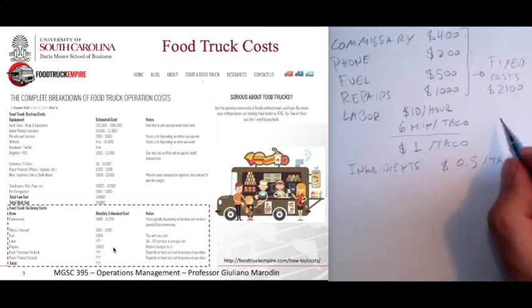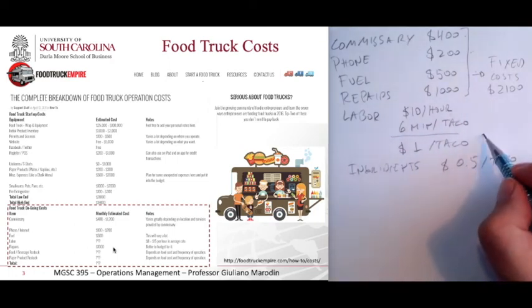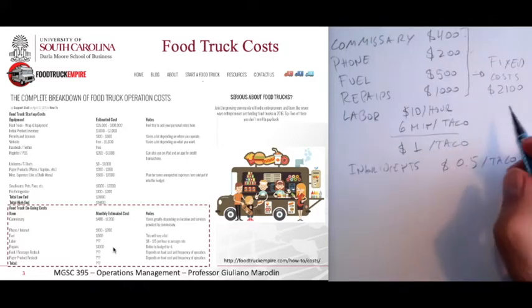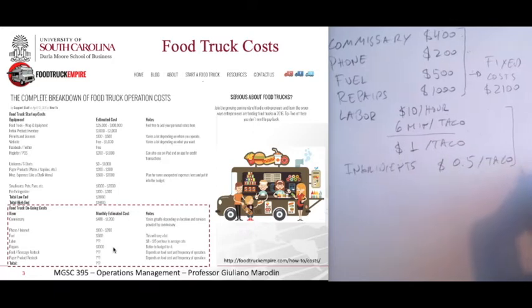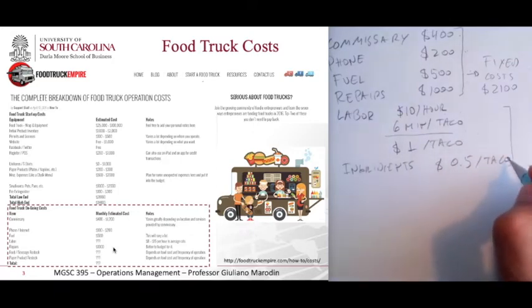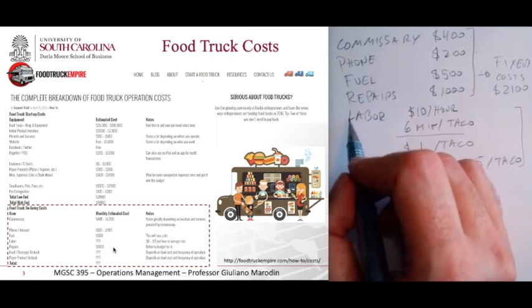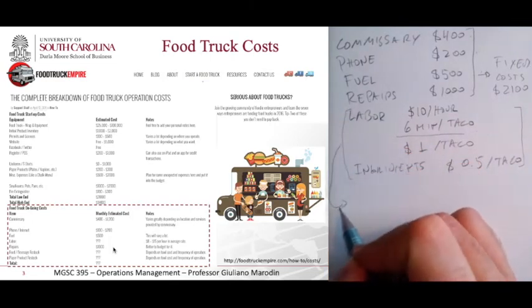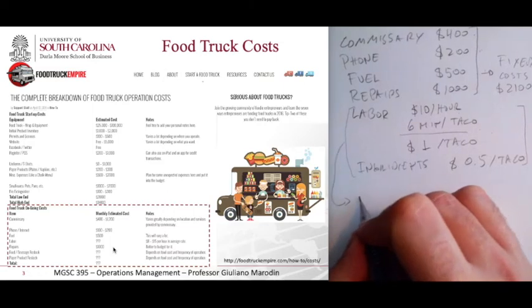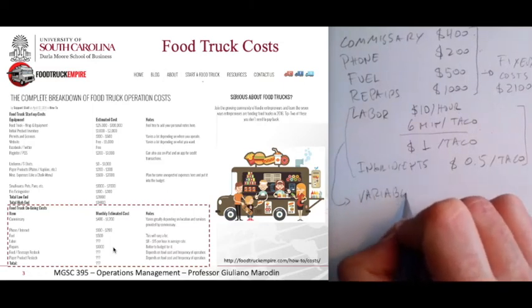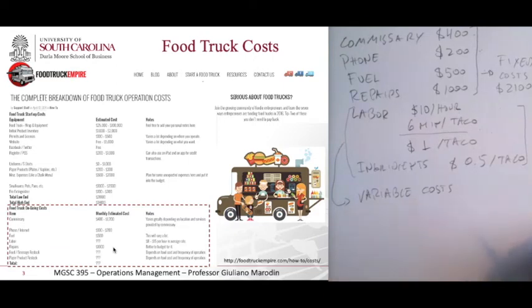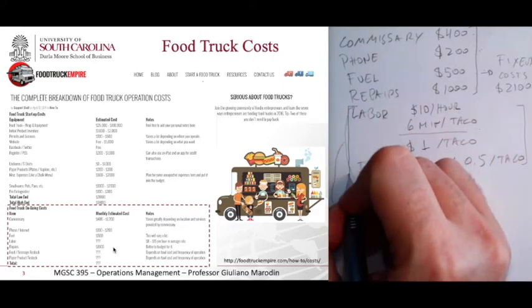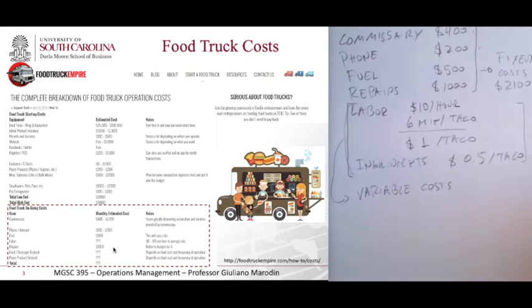Okay. What about this labor? If I sell more tacos, what does that mean? Well, it means that you need more people, so you're going to hire the employee to stay more time, or you're going to hire more employees, right? So that's a variable cost. And the ingredients also, if I sell more tacos, I need more ingredients, right? So both of these are variable costs. Okay, so these two are variable, these four are fixed.